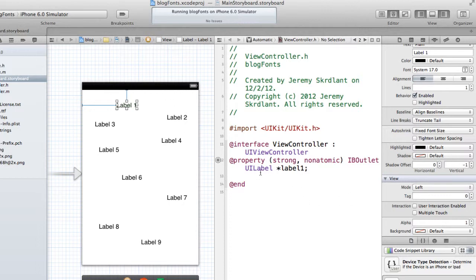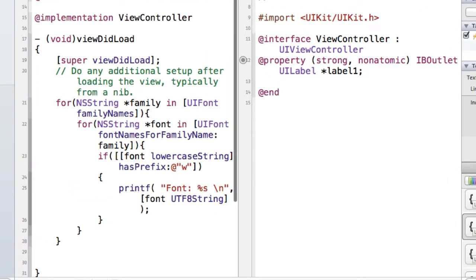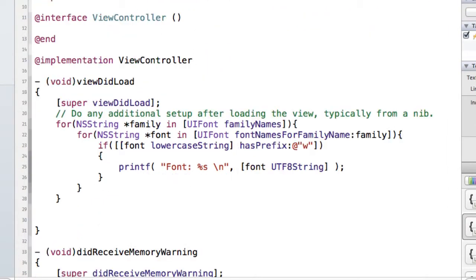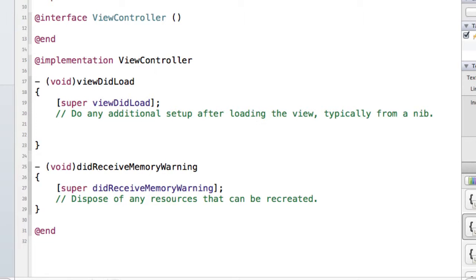Once I have that label, have an outlet to it, I can just go to my viewcontroller.m. And I know my title is Windsong, so I can go ahead and take out my for loop. I won't need that anymore. And I can do self.label1.font